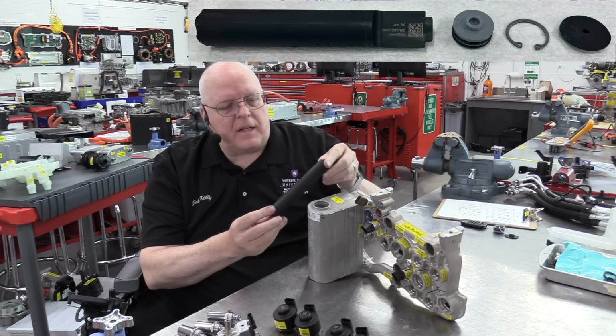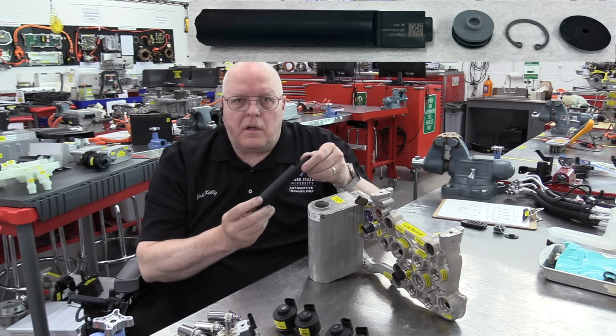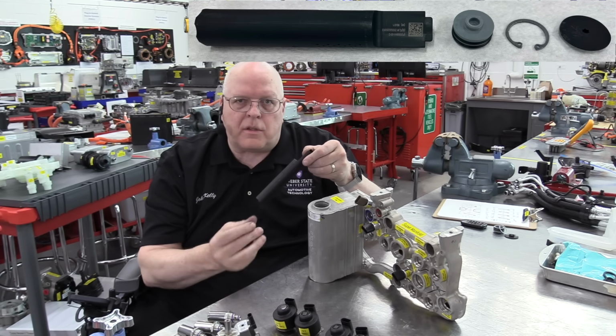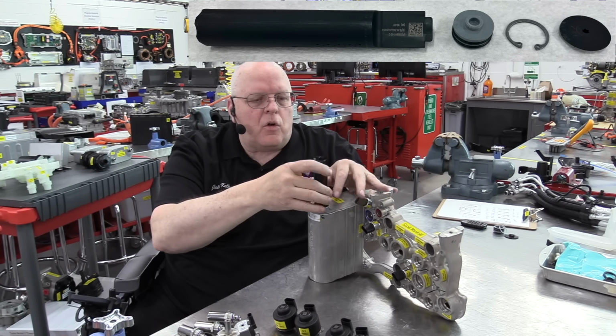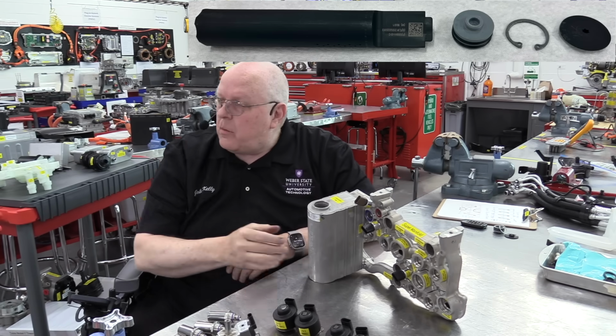The desiccant bag itself is inside of this black cartridge. You may have seen desiccant bags in like a bag of jerky. There's a little pouch in there with these little beads. This has those beads in it. And so this fits in a groove and slides down in to the receiver dryer portion